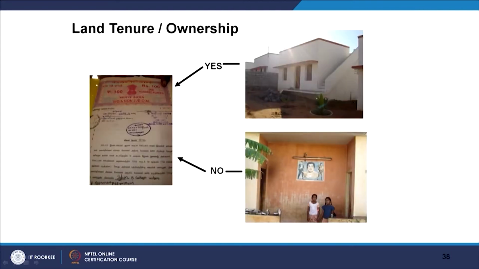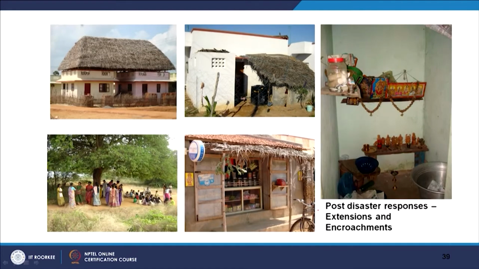Also, there are issues of land tenure and ownership. The people who had houses before but lost them in the disaster, when the aid agencies support them, may not be given full tenure. But the people who did not have houses, who have a little money, could now afford land, and then they have a tenure. So there are always discrepancies in the tenure and ownership aspect. You can see the responses, what the aid agencies have given and what people have developed.